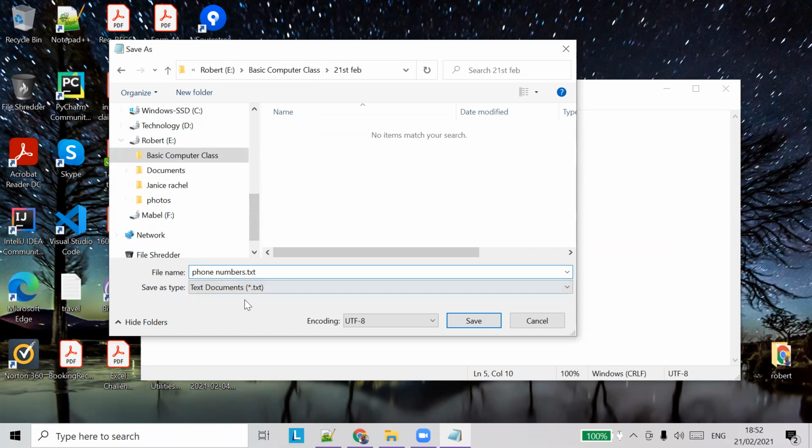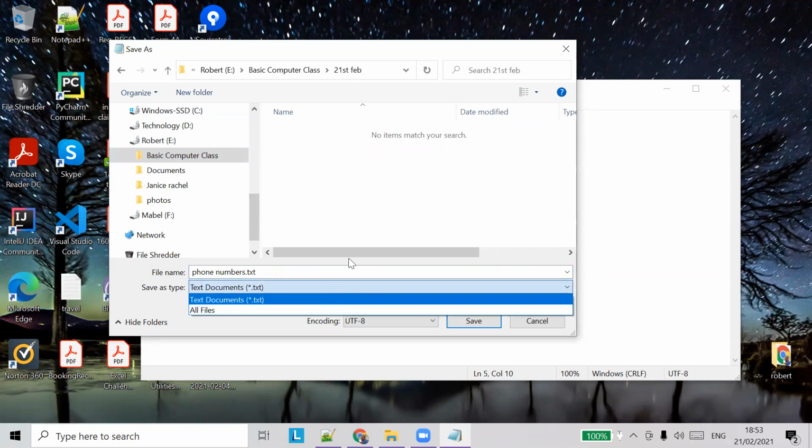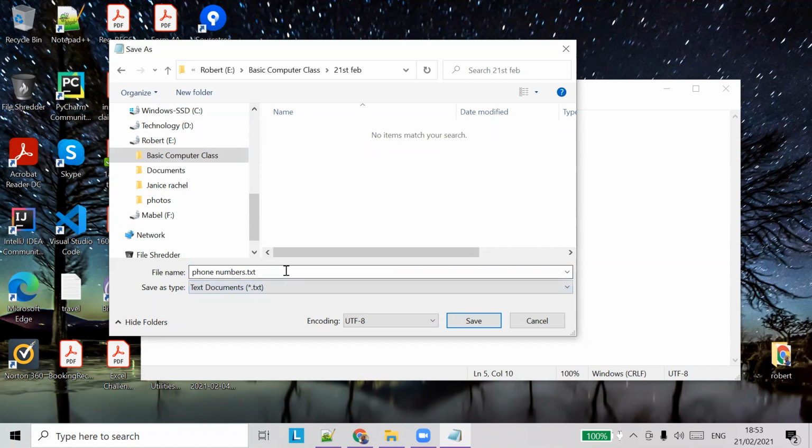If you save as .txt, it will save as a text file, a simple Notepad file. You always have to give the extension. The part before the dot is the name of the file, and this is the extension of the file. Last week we learned both. So we first give the name and .txt.